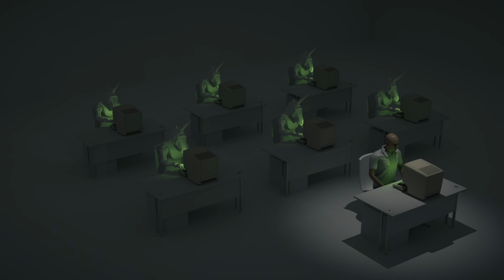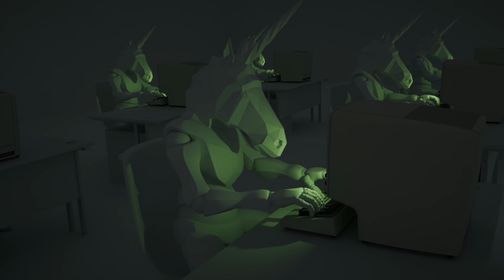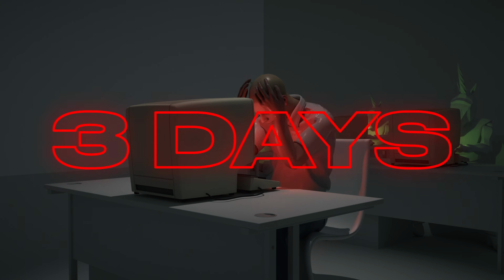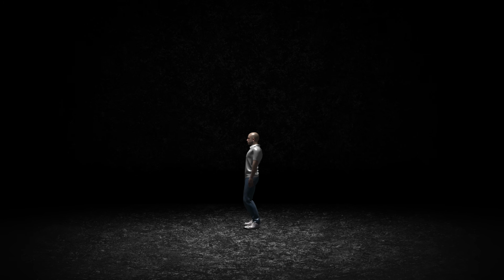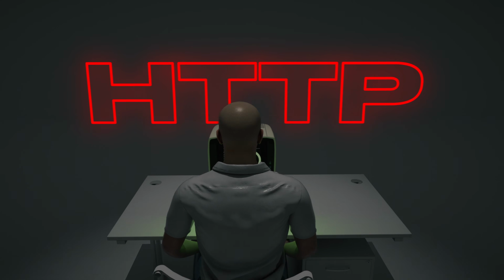Before I became a systems architect working with unicorns, I made a mistake that cost my team 3 days of debugging and had our CTO breathing down my neck. I hardly left the office in 48 hours, but boy did I learn my lesson. You see, I thought I knew everything about HTTP requests.